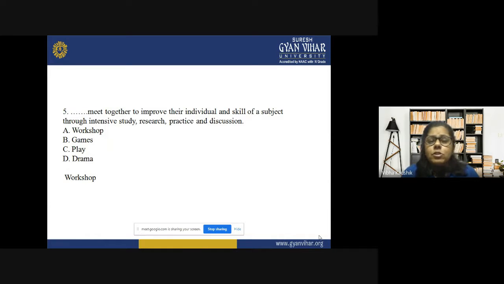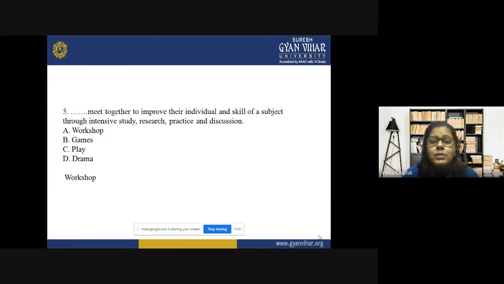Now, these are the choices, and you have to select the correct one. And the correct answer will be option A, that it is a workshop. So, workshop meet together to improve their individual and skills related to a particular subject on which the workshop has